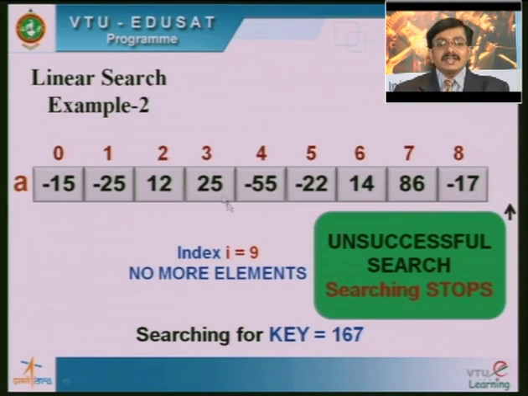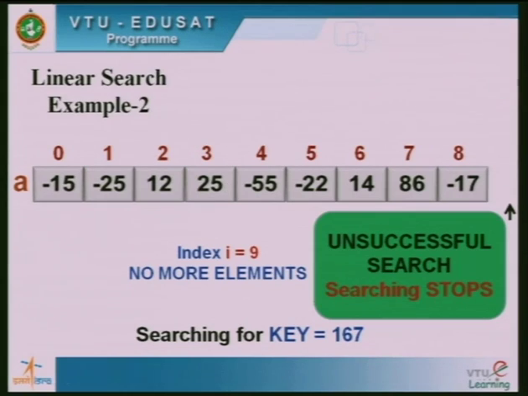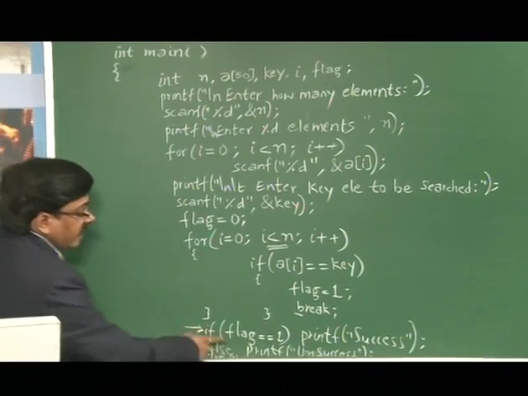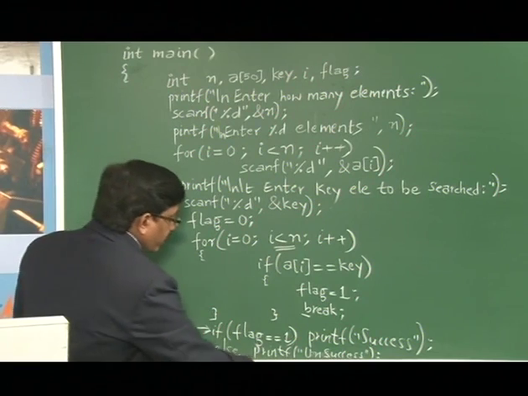We can take advantage of that i value to specify the exact position where the key element is present in the list. So in the program, after coming out of this particular loop, if flag is equal to 1, we print successful search. So instead of that, what we can write here is,